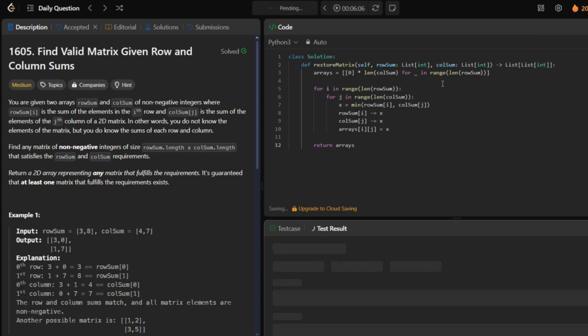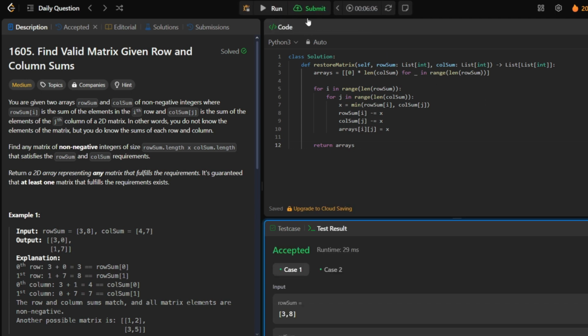We run this, it passes our test cases, and if we submit it,